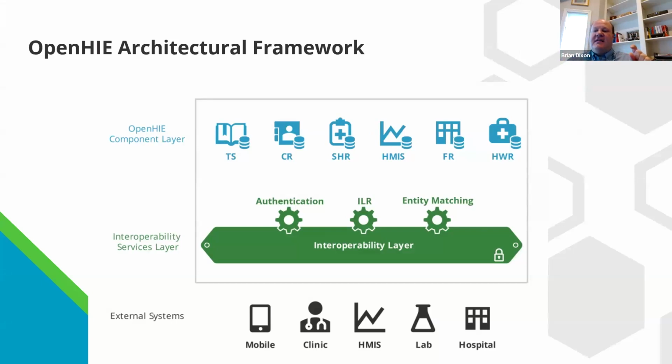A lot of the technologies that I mentioned that we've built in Indiana fit well within this concept of an HMIS, or Health Management Information System. Of course, we leverage our terminology service and our client registry, which is our health information exchange platform, et cetera, in order to make everything work. But the idea is that this framework allows you to think about the components and how they fit together to enable use cases like the ones I've talked about.